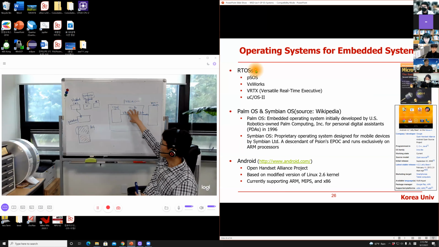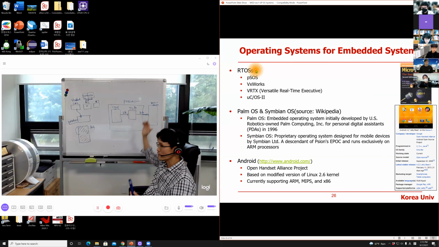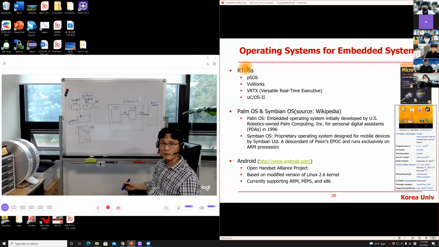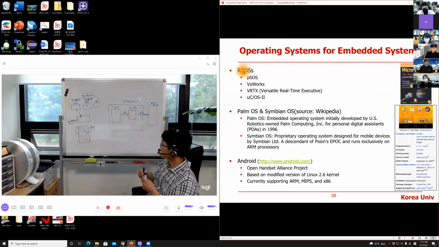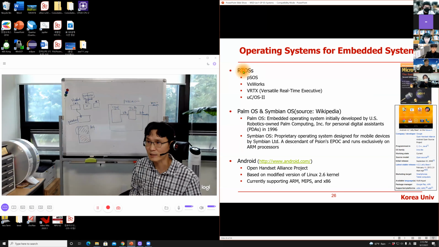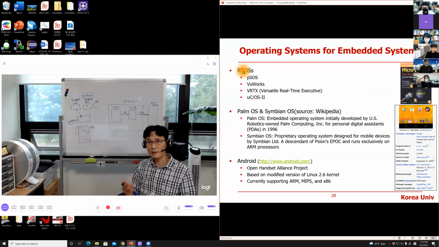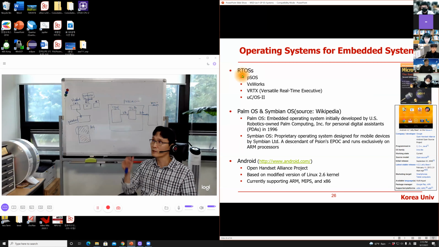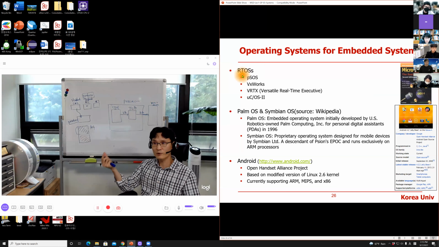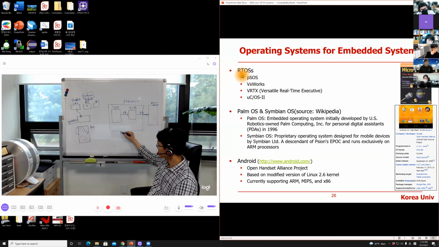So why do you need TLB? To support virtual memory, to translate virtual address to physical address. The reason why the real-time OS does not support virtual memory is because of non-deterministic characteristic. Real-time operating system should respond, whether it is soft real-time or hard real-time. System should respond around that deadline, right? You have a 1 microsecond deadline, it should respond. But if you have a page fault, for example,